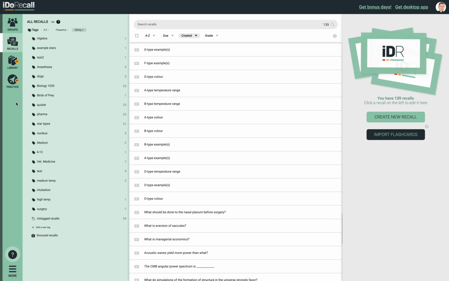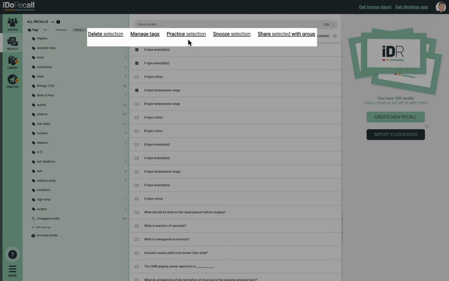There are many ways to take recalls into practice even when they're not due. One of the most common ways is to search and then select recalls. Here, I'm selecting all of the recalls, but I could also just select particular recalls that I desire to take into practice. Whenever you make a selection, these bulk action tools appear, including one that enables you to take the selected recalls